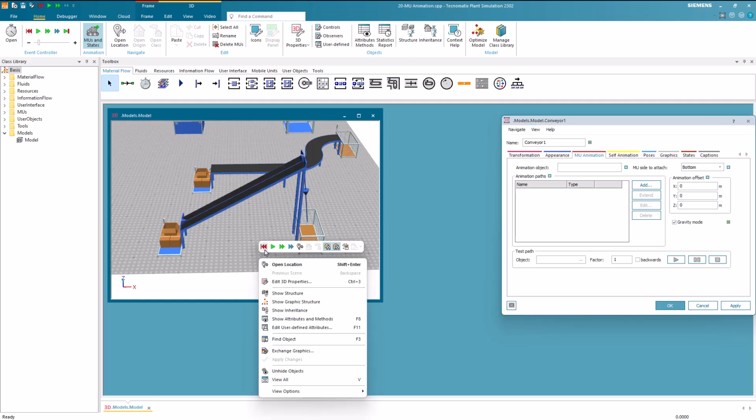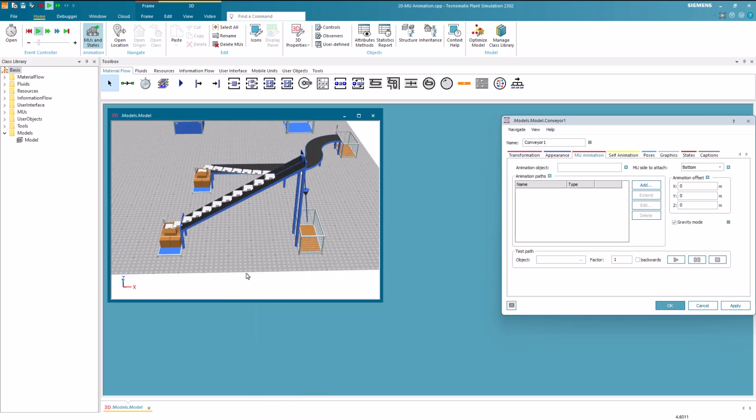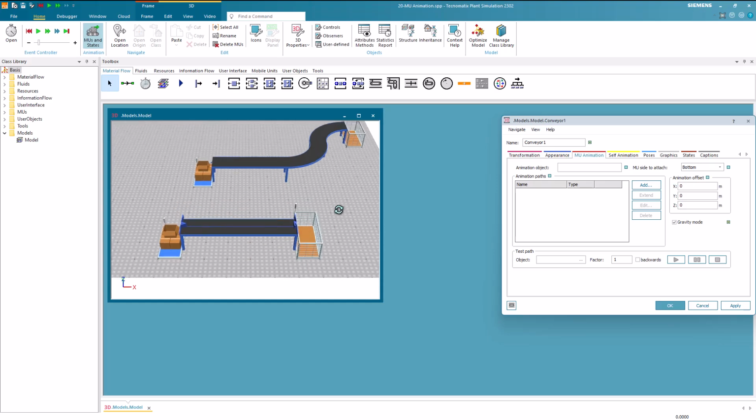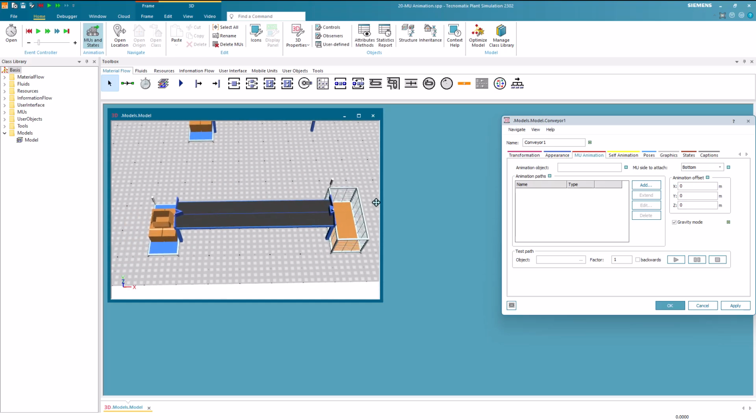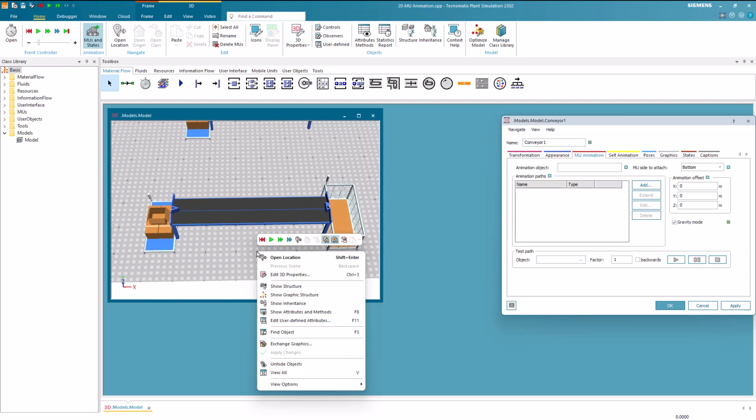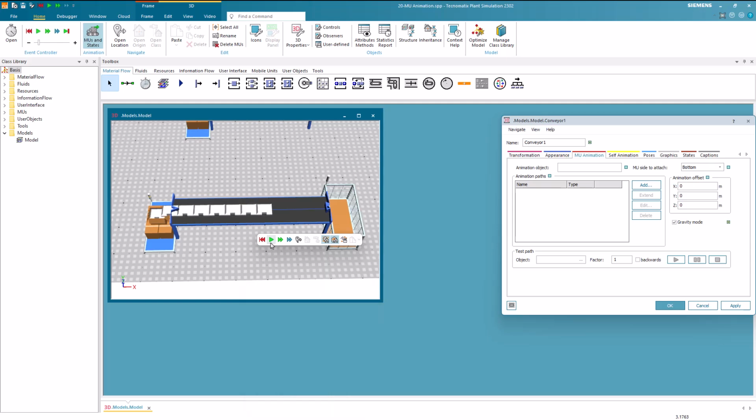As you can see, in gravity mode, the part will always be placed perpendicular to the floor, either hanging from a rail or standing up on a rail. Now we set the height of the second anchor point to 1 meter. Now, let's commence the simulation, ensuring that some parts are present on the conveyor.